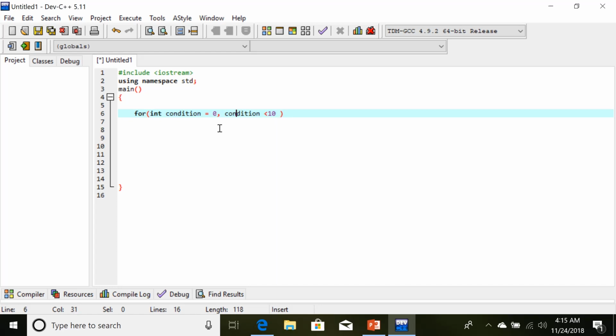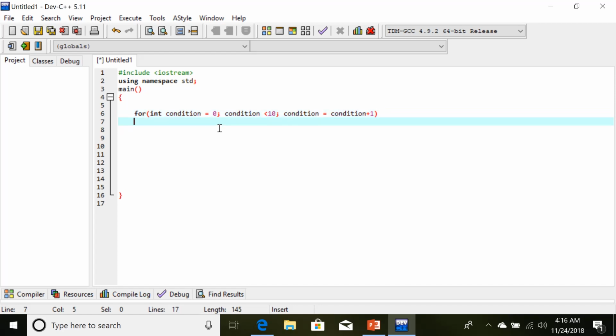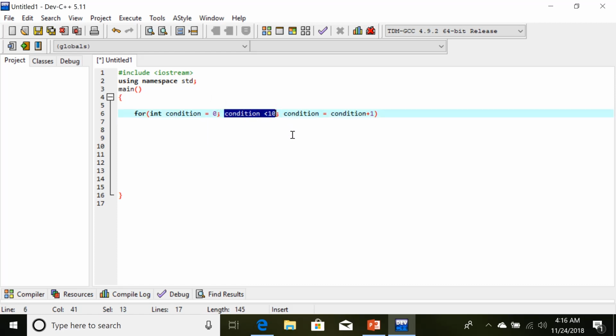This in itself is a statement but is written in one line in the for loop. This in itself is a second statement, and then the third statement is about incrementing. So condition is equal to condition plus 1. After every loop the condition will be incremented by the value of 1. So in the first loop the condition's value will be 0, in the next loop the condition value will be 1, depending on whether the condition less than 10 is true, and this will go on until